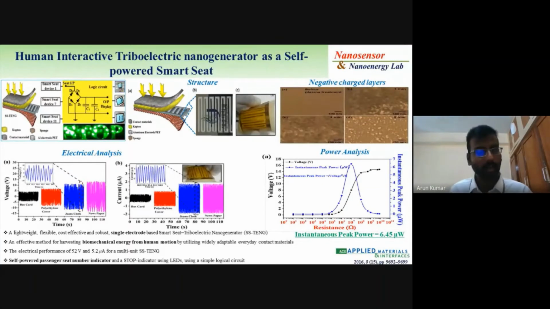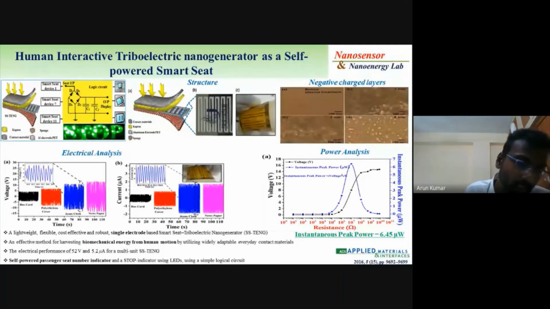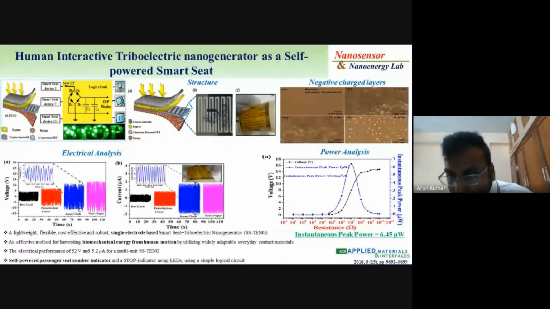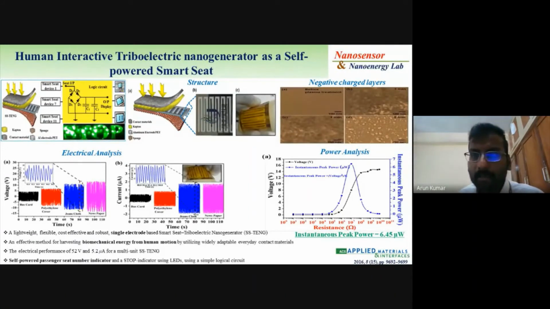output. So here I obtained around 13 volts, and the current was around 1.75 microampere. At that time I used a nano voltmeter and pico ammeter. Whatever device we fabricate, we first study the load matching or impedance matching. Here I found that around 10 power 7, around 100 mega ohm, I get the maximum power.